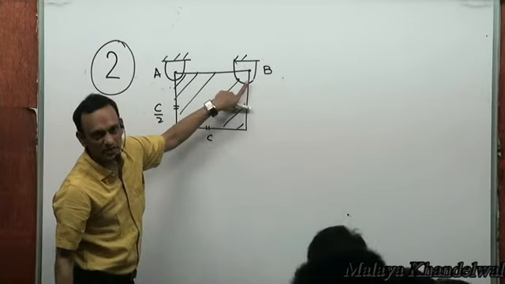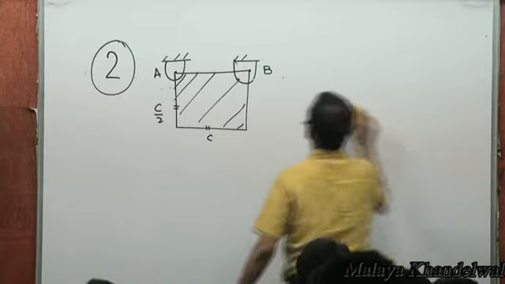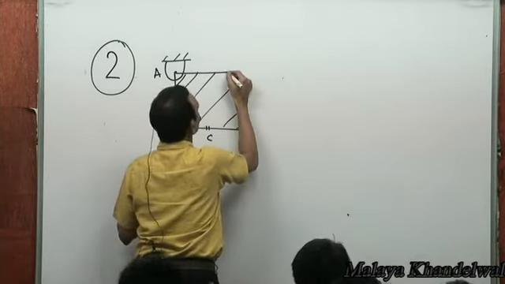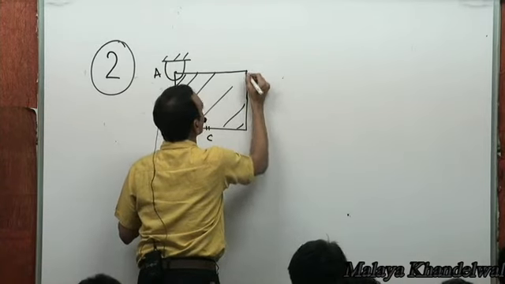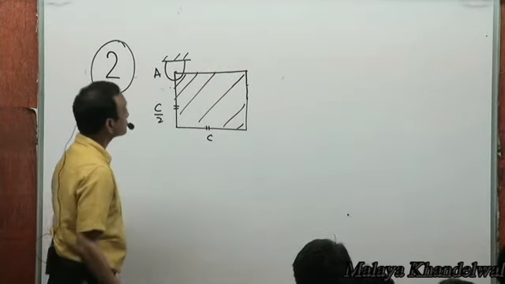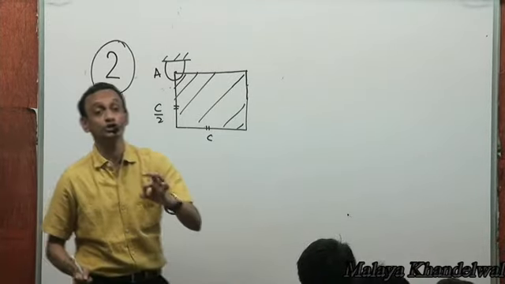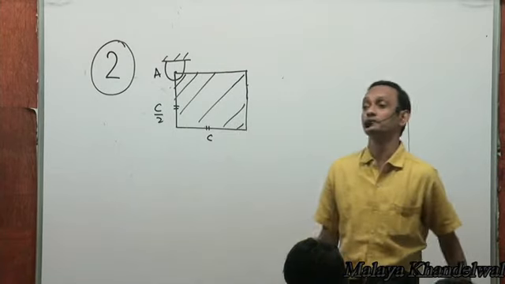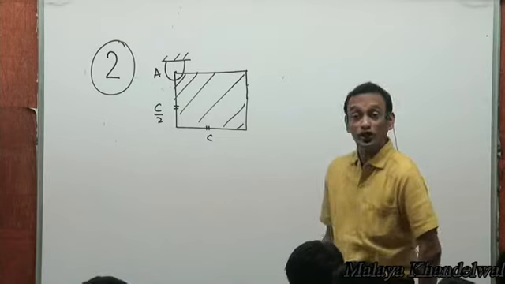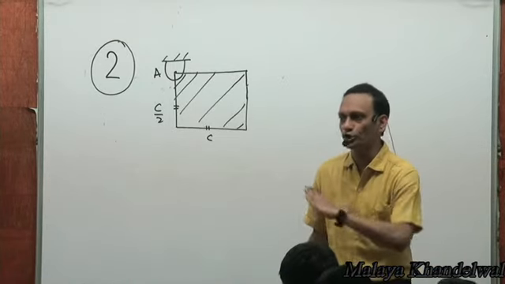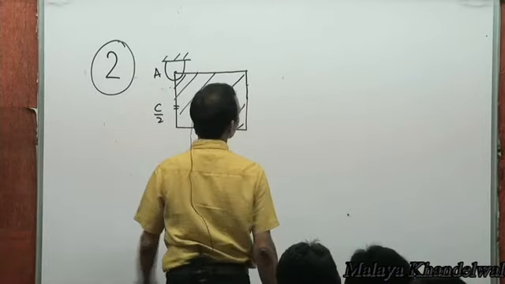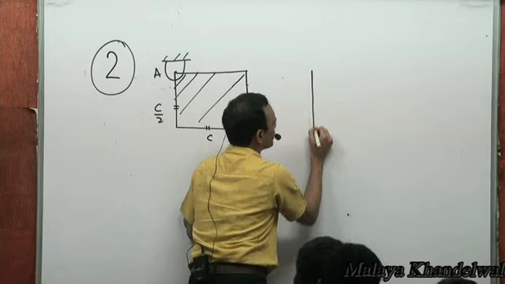See, when I remove this pin, what transpires? When I remove this pin, what kind of a motion would be exhibited by the lamina? Pure rotation about A. It's going to exhibit pure rotation about A. Yes or no? And that makes life very easy, because if it is pure rotation about A,